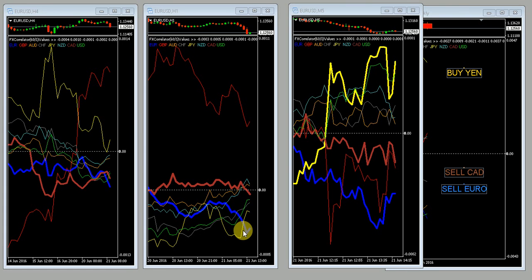Again, if you've been following my scalping thread this morning, 21st of June, you will know that I was selling the euro like crazy. It didn't matter what I attached it to. I attached it to the Aussie dollar. I attached it to the US dollar. I did attach it to the yen, which was very powerful. No matter what I did, I made sure I was selling euro in those pairs, and I made a lot